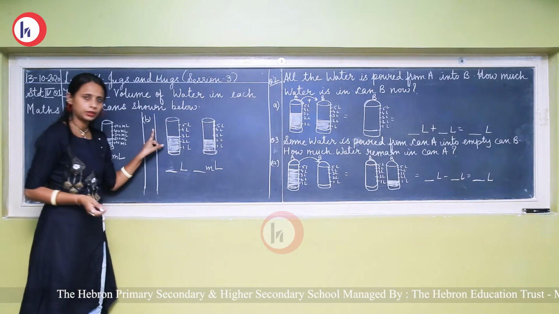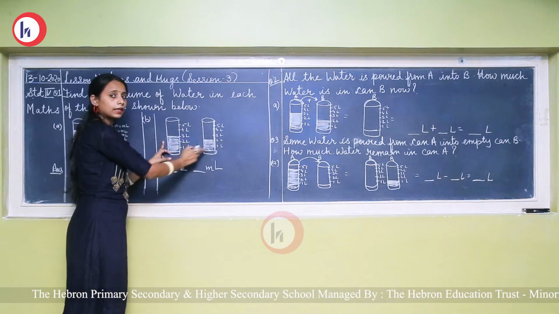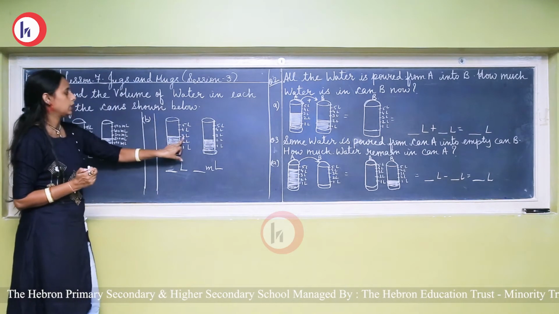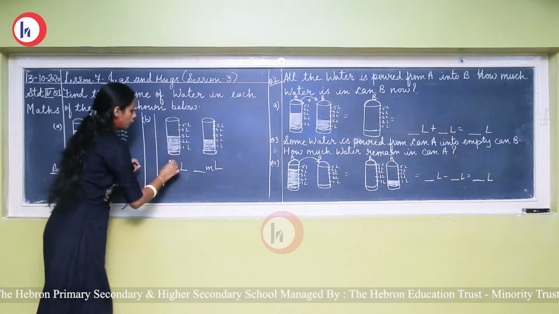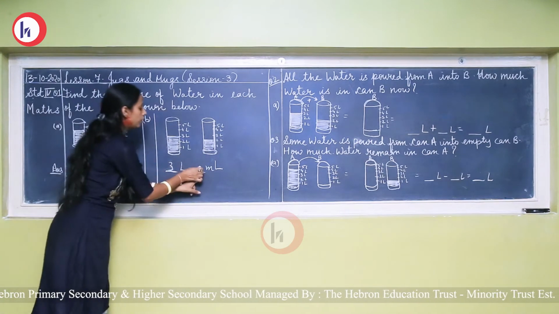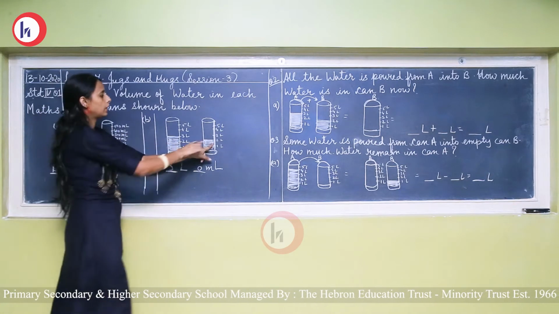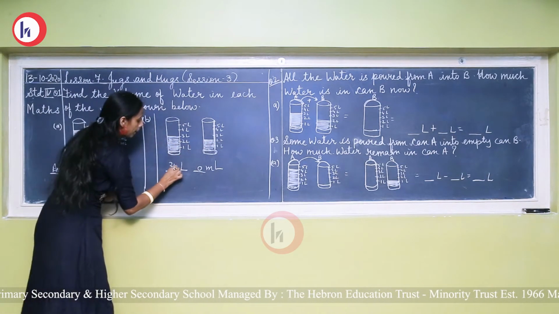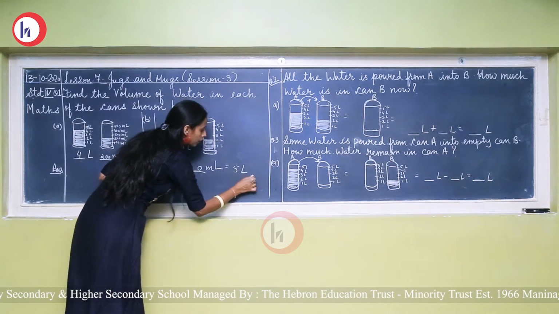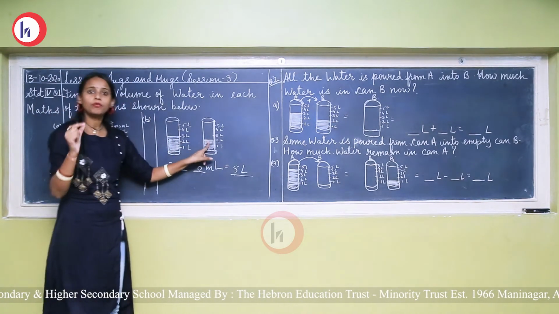Now see the next question. See, there are two cans and the capacity of both cans is in liter. दोनों का कैपेसिटी कितना है? लीटर का है. So we have to find out the volume of the first can. See, where is the water level? It is on 3. So first is 3, but see, here it is also in liter, so we will not write in milliliter. We will write here 0, and see the level is on 2. So 3 plus 2 it is 5 liter. So the answer will be 5 liter. Okay, because they both are in liter, so we will add them.